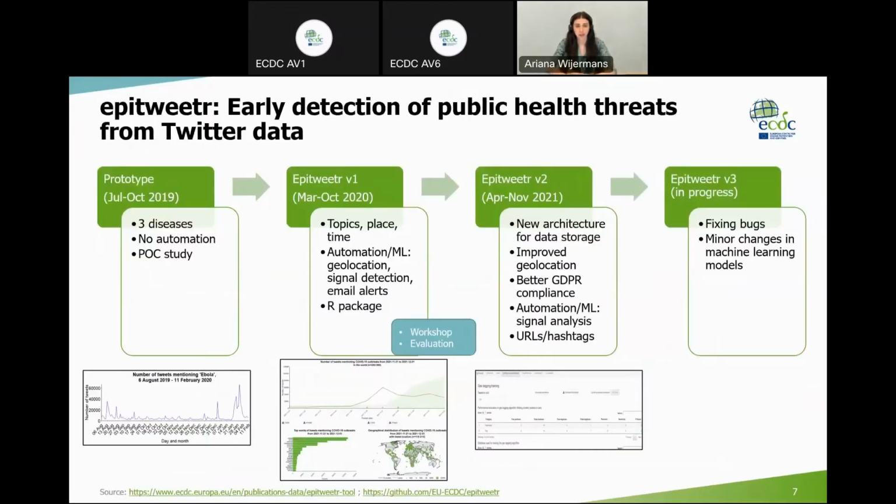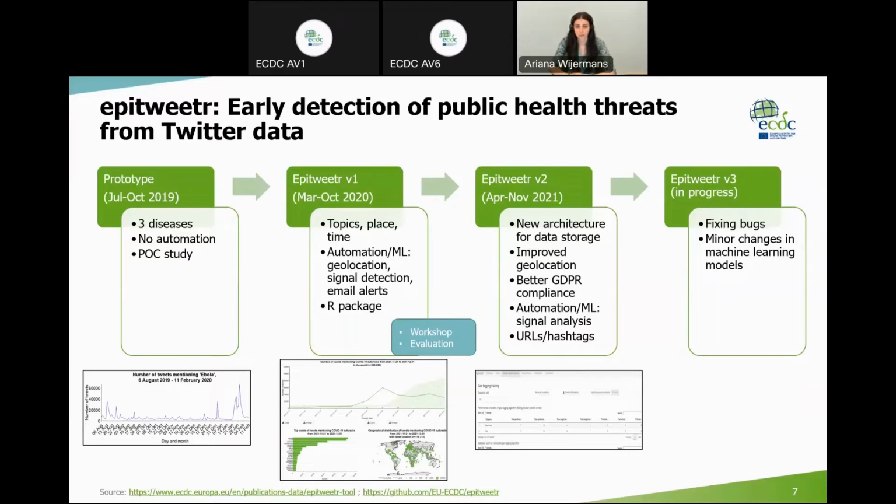So here we see a slide on the presentation of how we went from the prototype to what epitweetr is now. So we started in 2019, where we created a prototype of 3 diseases that we monitored for Twitter data, and this was manual, so we had to actually run the script every morning and get the outputs related to that. And then we also did a bit of an analysis, a study on how useful this actually was for our purposes. And as it seemed to be quite relevant and useful, we in 2020 started the development of the